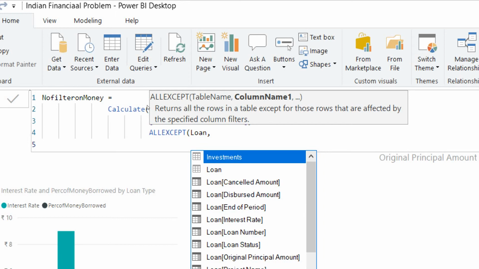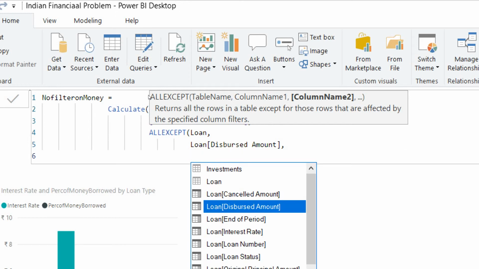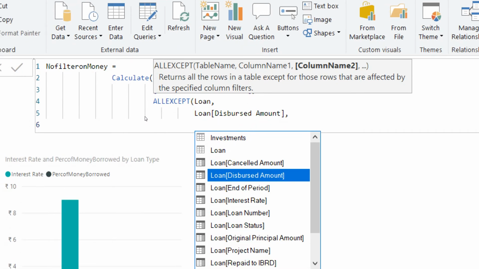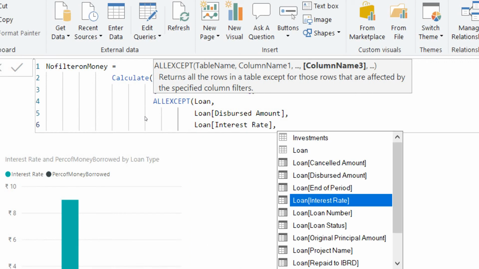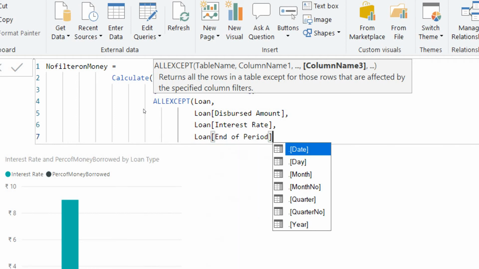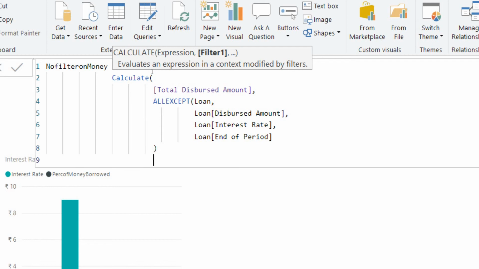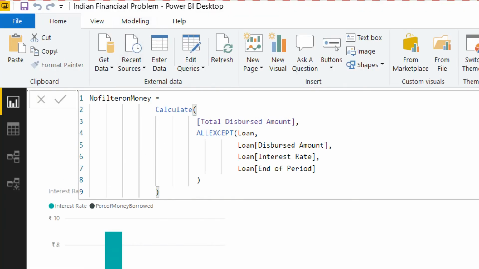So I will use the loan disbursed amount, and then the loan interest rate, and then the loan end of period, and notice I have taken particularly these three columns that will simply bypass it and give me the value generated through DAX. So once I do it and I close the bracket in here and in here, it gives me,